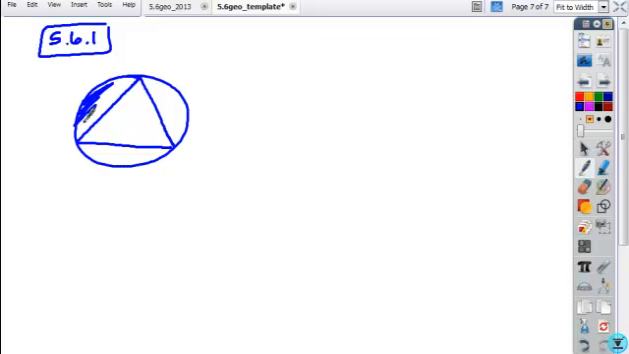All right, so here's this case where you have a triangle inscribed within a circle. And the only information provided is that the sides of this inscribed triangle are 12. All right, so if you know that these sides are 12,